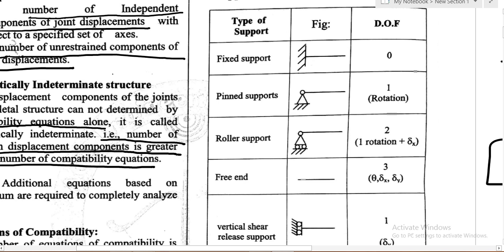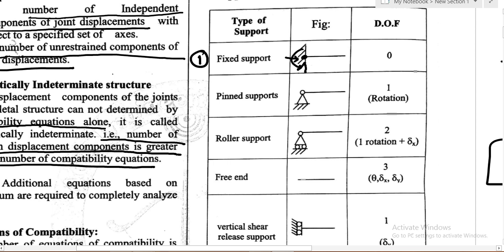Now it is a fixed support. See, this one is a fixed support. In a fixed support, this is the point. Tell me, is there any possibility that the joint can move? There are restrictions, because the reaction force will develop in the y direction, x direction, and a restraining moment.